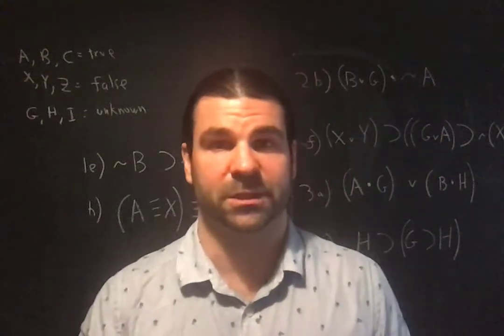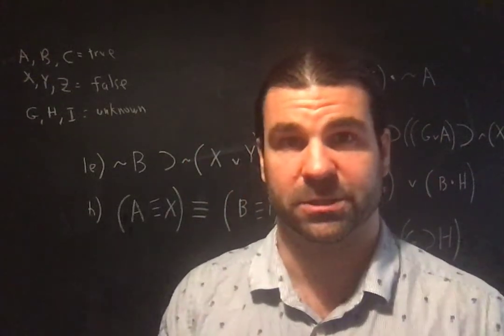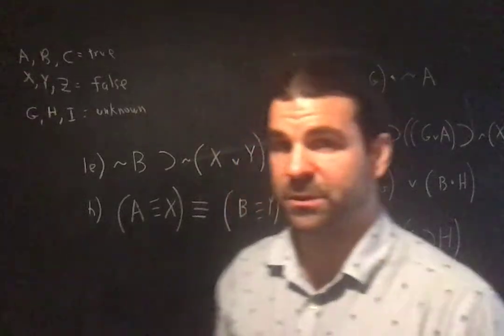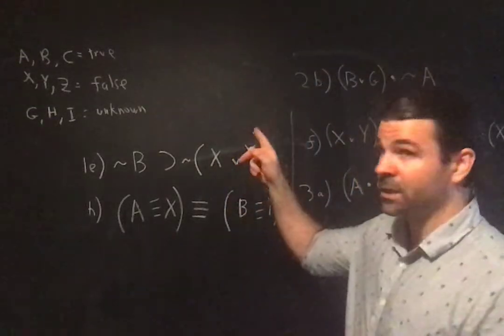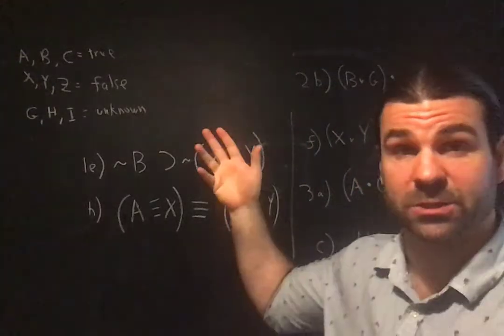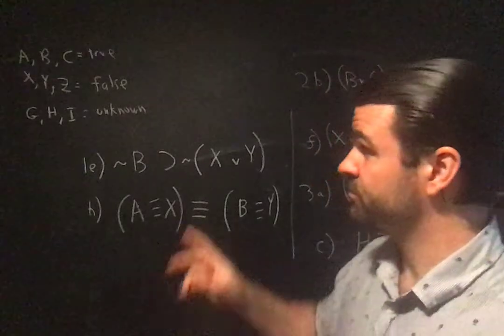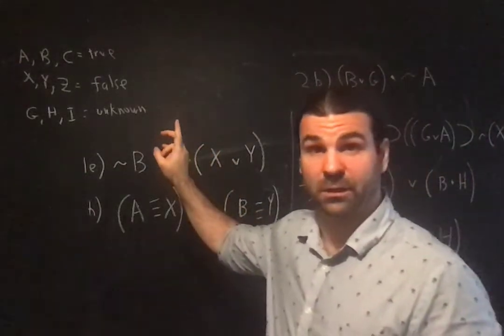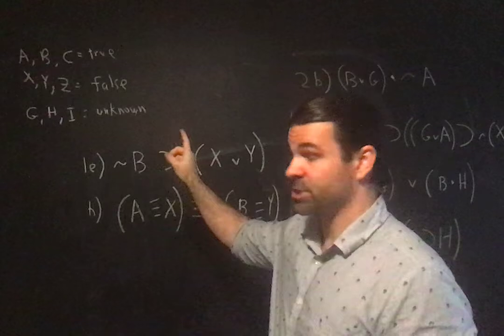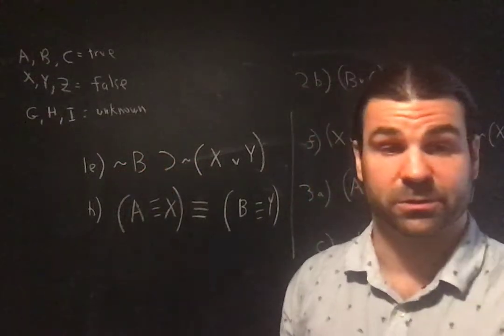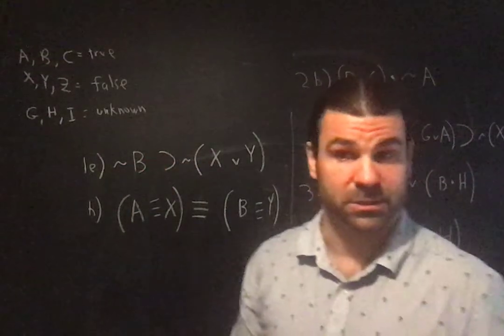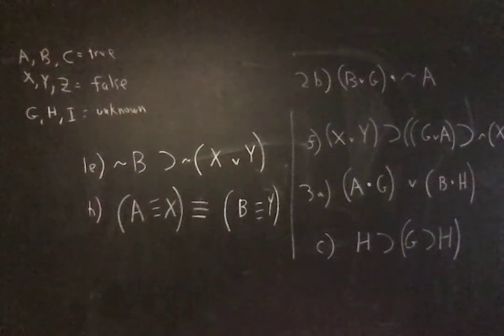Unit 3, Part 7. Let's do some exercises from the back. For all these questions, A, B, and C are assigned the truth value true. X, Y, and Z are false. G, H, and I are unknown truth values, okay? And you're to say whether, this is for question 3, I think,